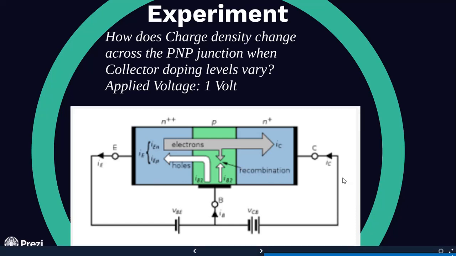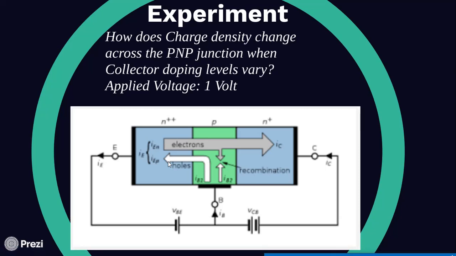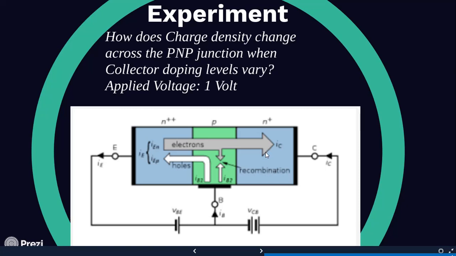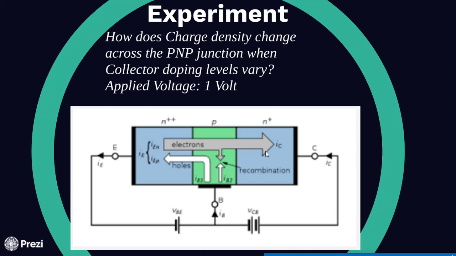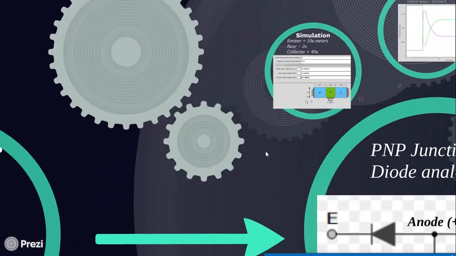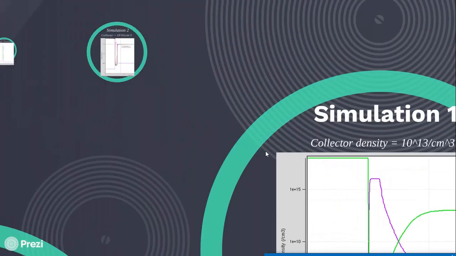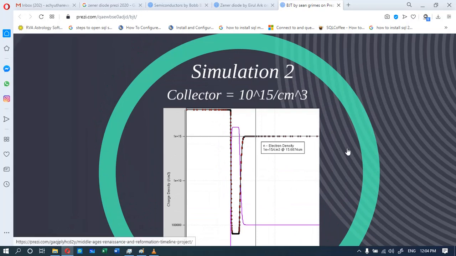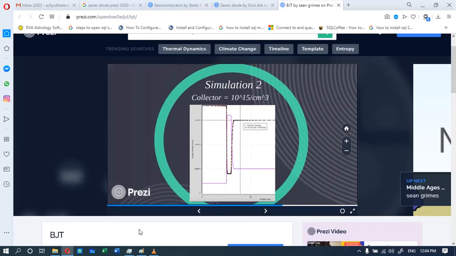In an NPN transistor, the emitter, base, and collector are connected. When they are connected, electron-hole pairs are generated in the emitter, out of which a few electrons flow to the base. Some electrons are held by the base, and the remaining electrons are sent to the collector. These electrons emitted from the base combine with the holes available in the collector, and therefore recombination happens. So generation happens in the emitter and recombination happens in the collector, and the base monitors how many electrons are sent from emitter to collector. So this is a normal condition, and anyway these are all simulation values. This is exactly how a normal NPN junction works.